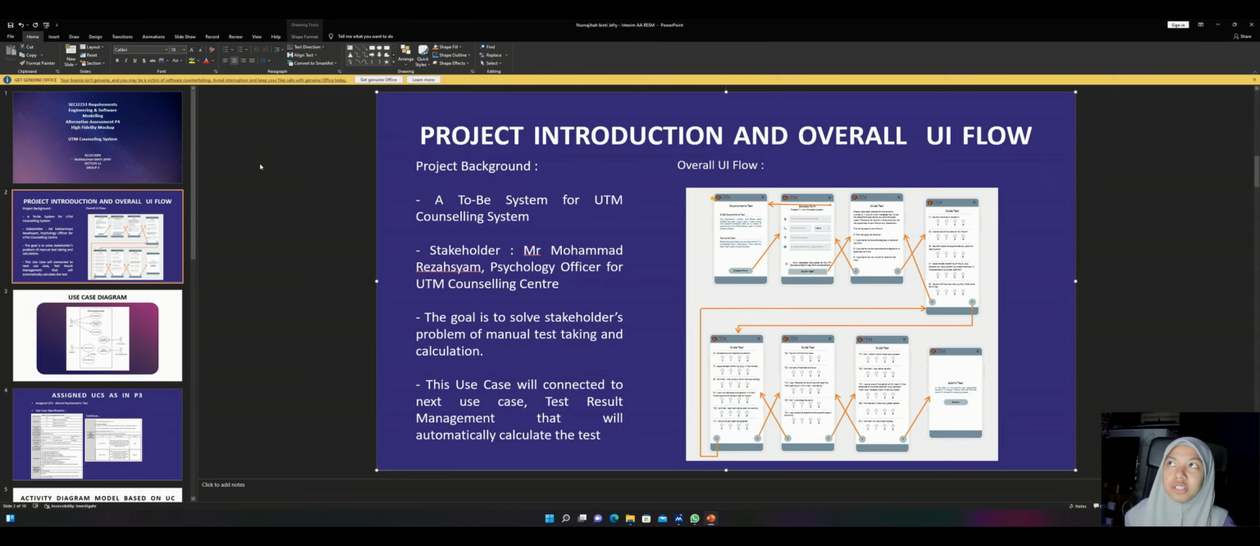For the project introduction and overall UI flow, the project background is this is a 2B system for the UTM counseling system. The stakeholder for the UTM counseling system is Mr. Muhammad Reza Sham, the psychology officer for UTM Counseling Center. The goal is to solve the stakeholder's problem of manual test taking and also calculation. This use case will be connected to the next use case, which is the test result management that will automatically